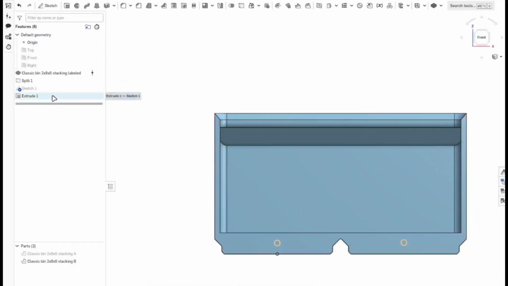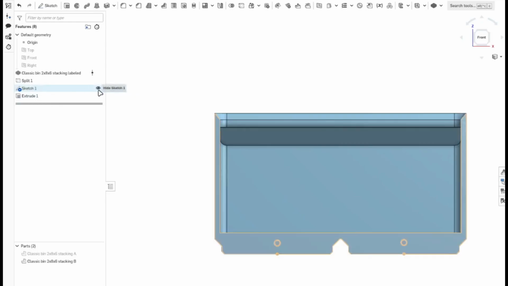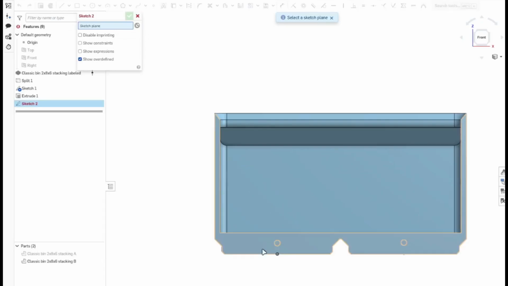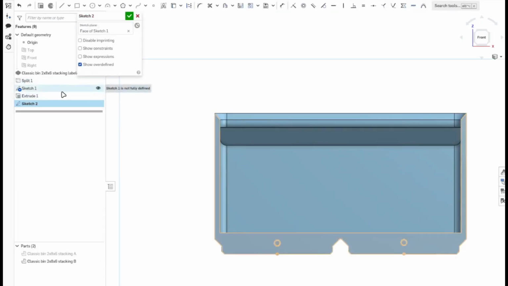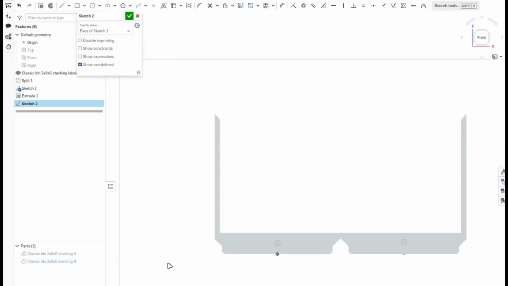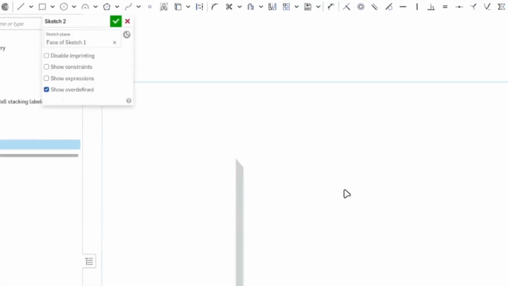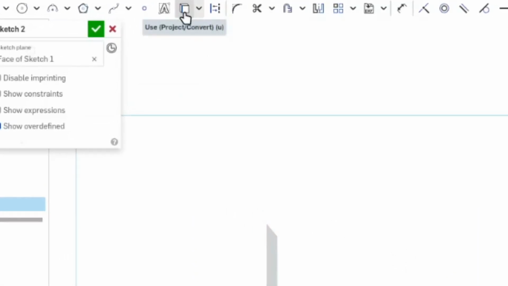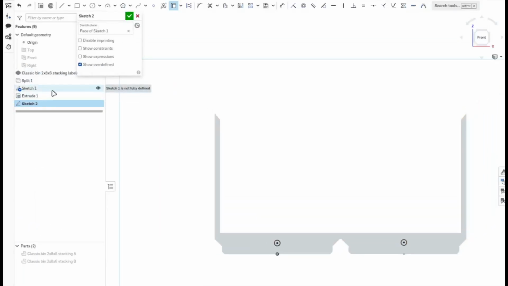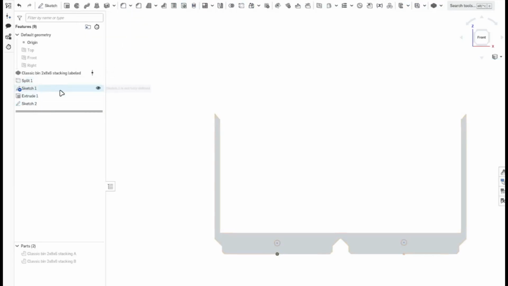Again, before that we'll unhide sketch one and click on a new sketch, select the face. Why I had to unhide is because we need to use the earlier holes in order to be at the same position so that we can align them properly. So click on the use option over here, or the shortcut key U on the keyboard. Press the U letter and select this circle and this circle. So now we have the same dimension; what is defined in sketch 1 will appear on sketch 2. Click OK. Now we can hide sketch 1